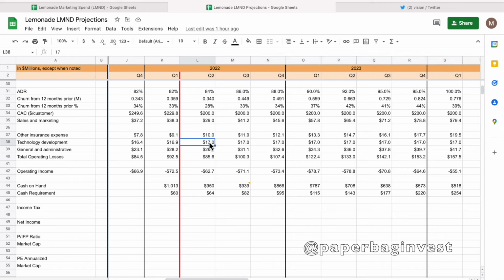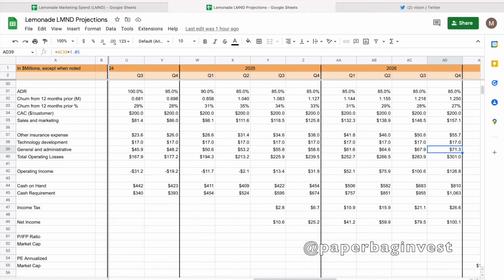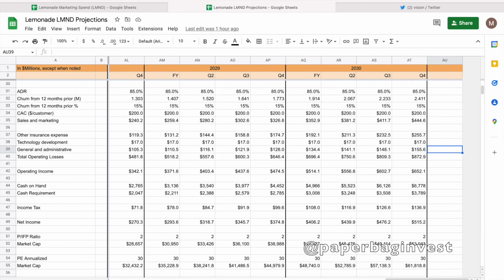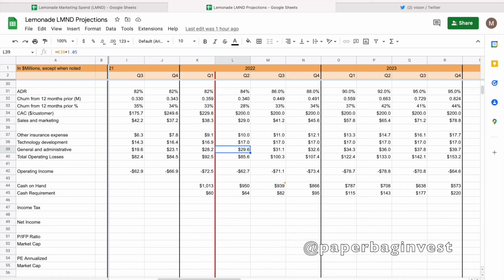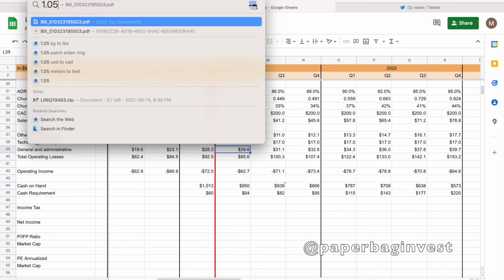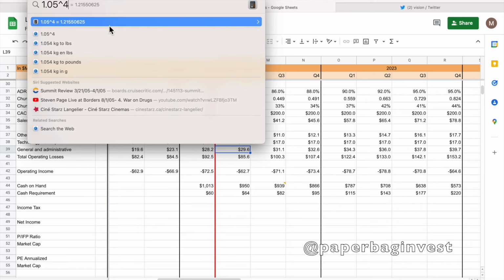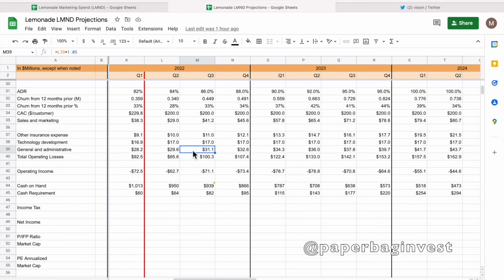Then general and administrative expenses, I kept growing at about 5% per quarter. Again, this is a huge one. If this was at 10% per quarter, it's going to be a much different story, or have a big impact at least on Lemonade. But I took 5% per quarter, and on an annualized basis, that's about 22%. Maybe that's too low. As I think about it right now, maybe that should be a little bit higher. But on the other hand, in theory, this is really where your operating leverage comes in.